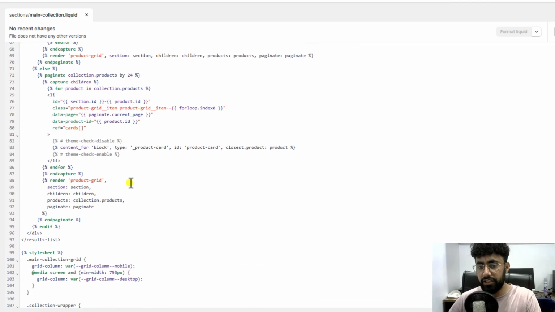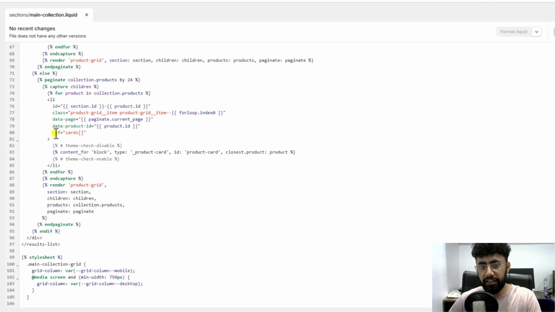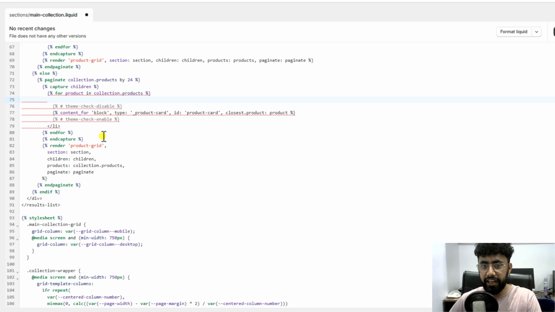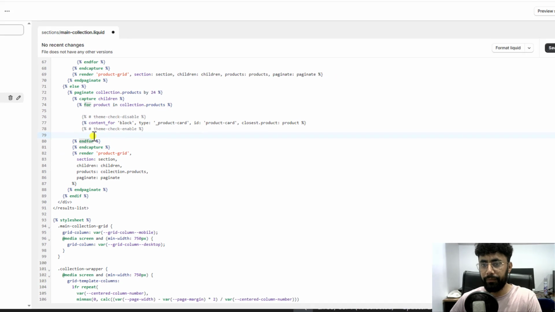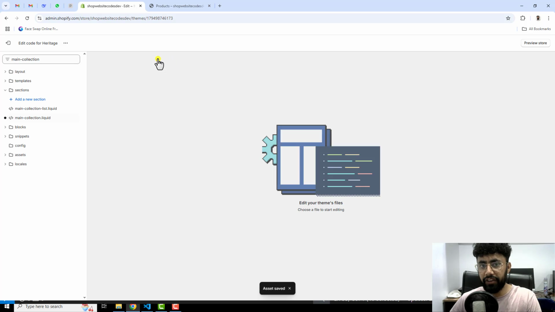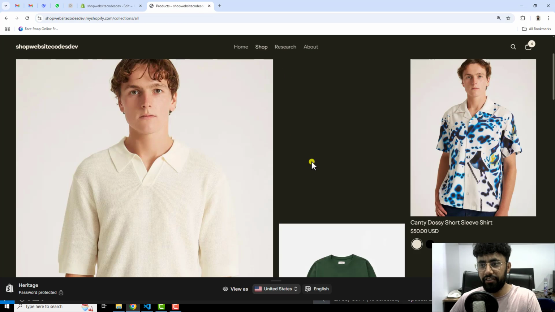You should scroll it down. Here you can see that we have line number around 75. So you should have this li tag. So this is opening tag inside of this loop. So you should remove this, and also this is a closing tag, and I'm going to remove this also, and then save the changes. Now you can close this file,